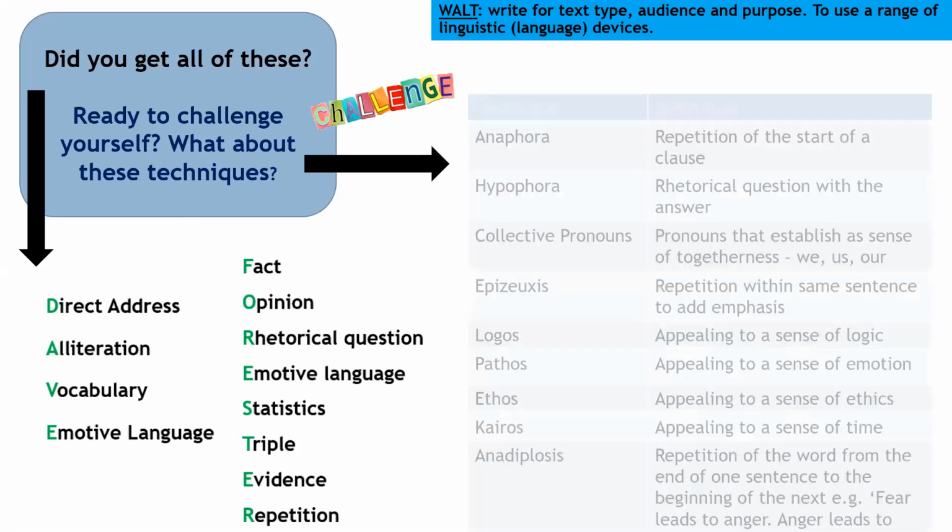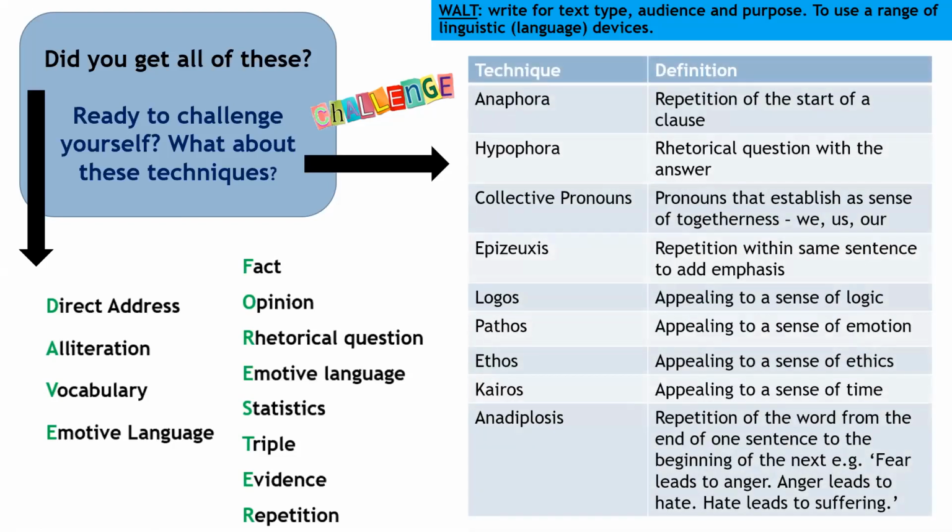But what about these, Year 10? I know Miss Robinson sent these techniques out to you a few weeks ago in a lesson, and some of these techniques are incredibly effective to have a brilliant impact on your readers. Anaphora, using pathos, ethos, they are really sophisticated techniques to use in a speech. And if you are up for the challenge, I really do recommend that you have a look at some of these techniques, because they can have a really important impact on your reader. And that is exactly what we want to do during this speech.